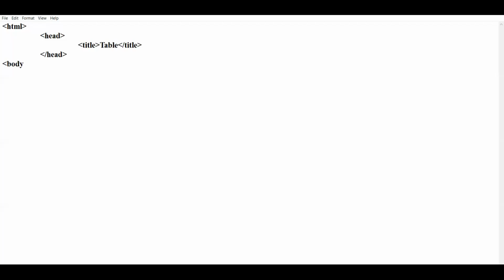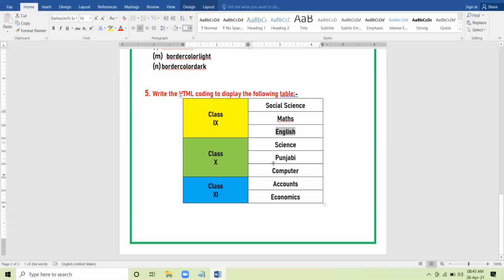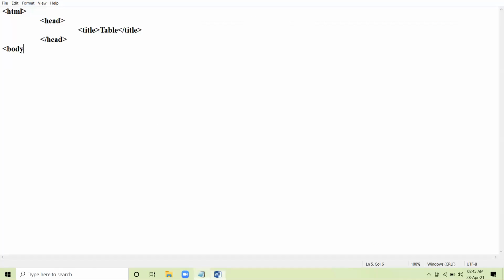Now, starting with the body, let us see if any instruction is given with respect to body tag. No instructions are there. So we are to take attributes and their values from our own side. Okay. So I am taking the body BG color as pink.